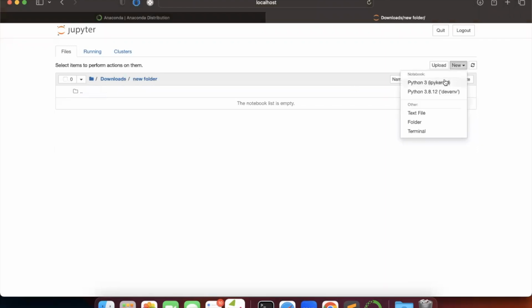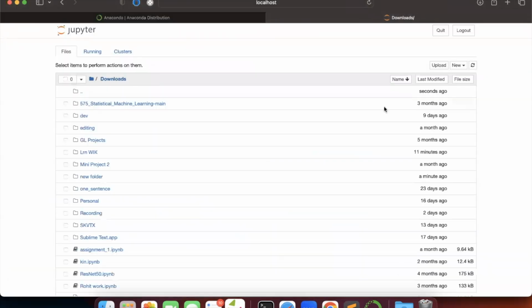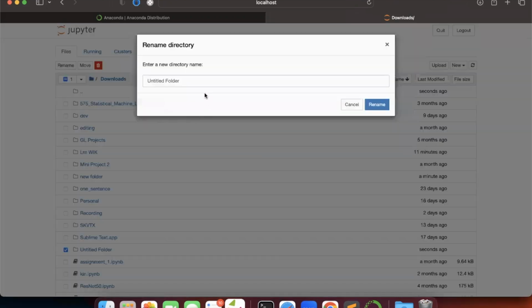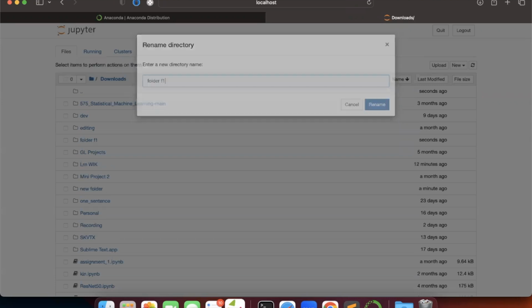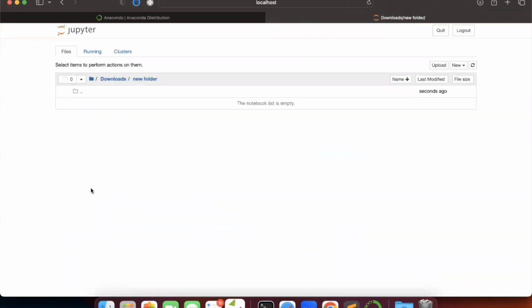So what you can do is simply click on this New button. You can also create the folder from here as well, right? For example, let's say if you're in downloads, you can click on the folder option and it will create a folder. And here it is, Untitled Folder. You can rename this as well, right? Whatever folder name you want to give, you can give it from here as well. Folder F1, right? And then let's say I will go to the new folder